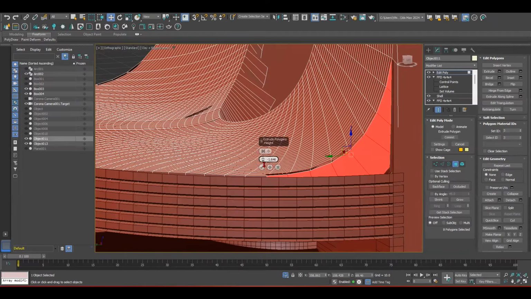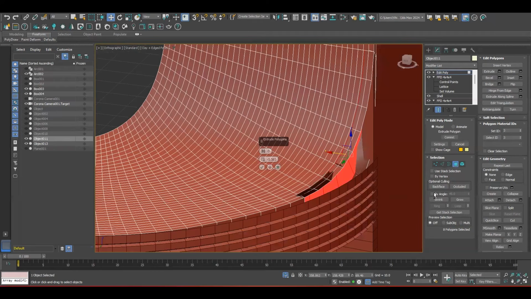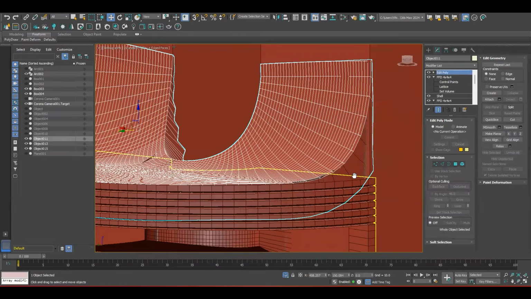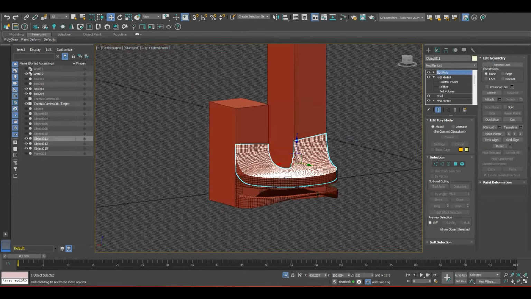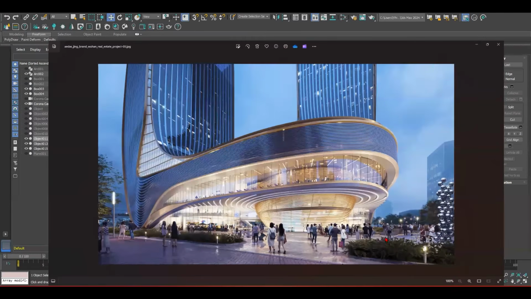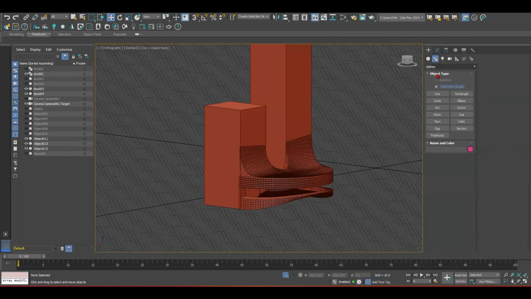Extrude, side, this way, then detach. Then you can get yourself this sphere look from here.